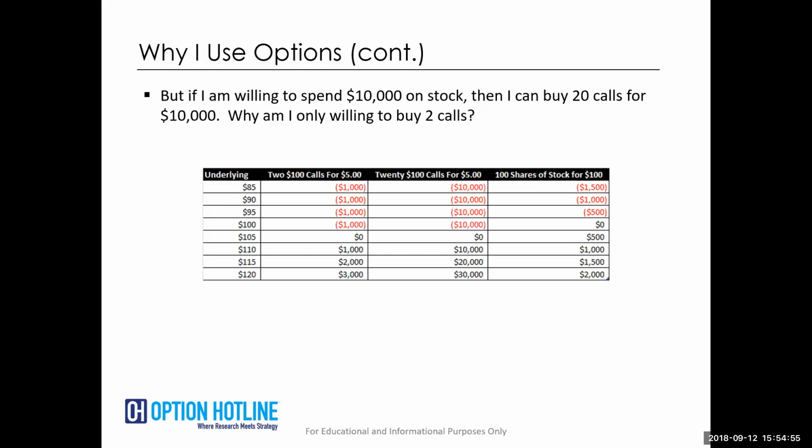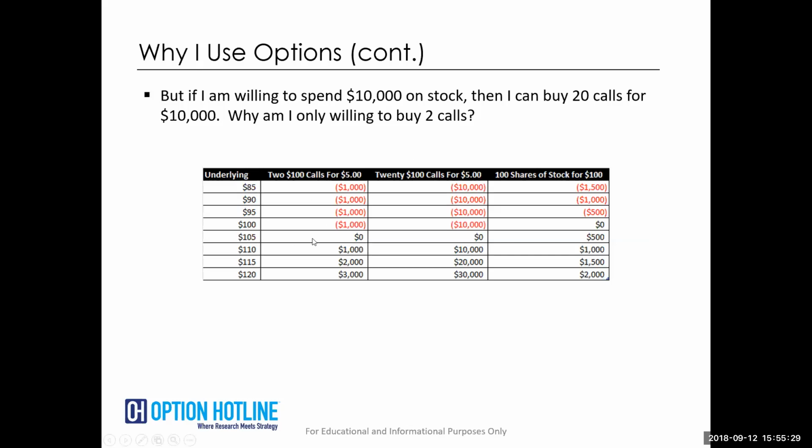Because instead of risking the $1,000 that I was willing to risk, now I'm risking $10,000 if I buy 20 calls. So even though I thought to myself, wow, why should I have $9,000 of cash after I buy my calls? It's because of this. Sure, if I'm right and we go to $120, I make $30,000. That's great on a $10,000 bet. But if the market sits and we're still at $100 in a month and these calls are worth nothing, I've lost it all. This is risk management 101 in this sort of setup.